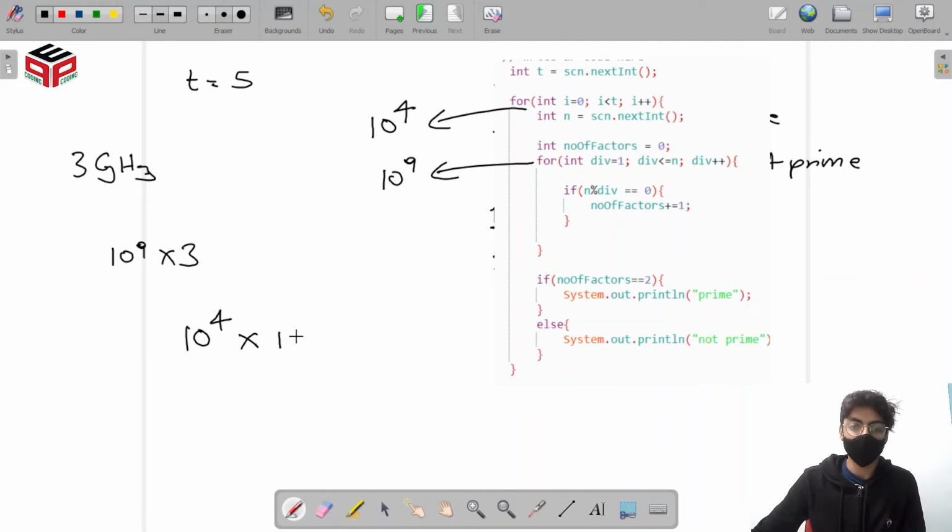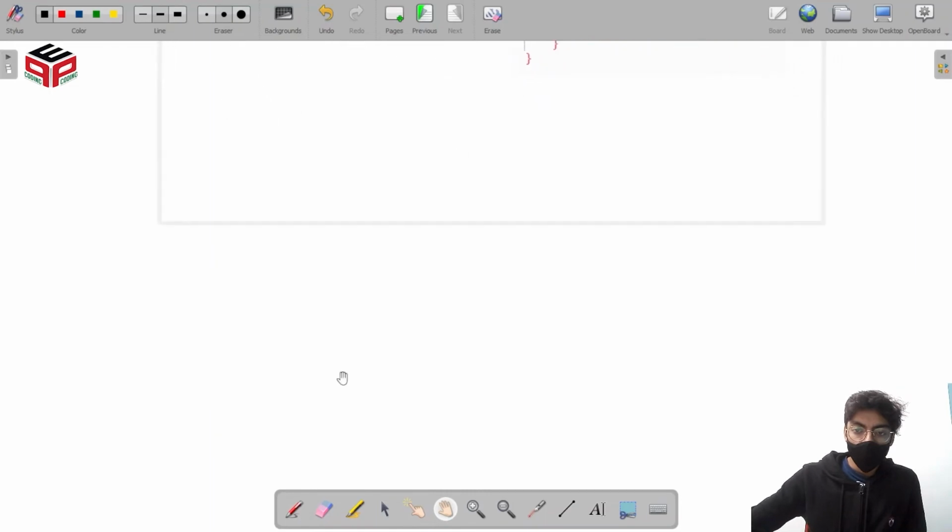We have these two cases, and if we run 10 to the power 4 cases for a number that is around 10 to the power 9, we'll have to run this loop 10 to the power 9 times, so our total number of operations would be 10 to the power 13. So it's not that our program is wrong, it is just that it is actually inefficient. It is actually very slow, so our program needs to be correct and it needs to be fast. So the issue here can be resolved by a certain approach which I'll introduce at the moment.